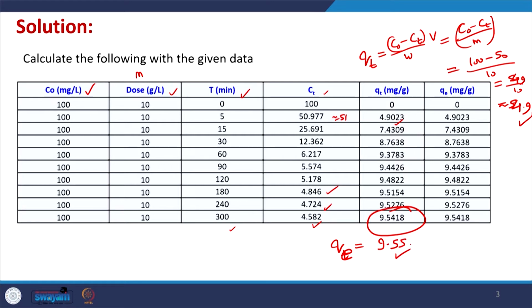So, this will be the maximum adsorption capacity which is possible at equilibrium condition for these sets of parameters. So, this is there. Now, in the second step we have to use this data for fitting. So, already we have performed the calculation. So, what we can do is that we can use any non-linear approach for finding out the